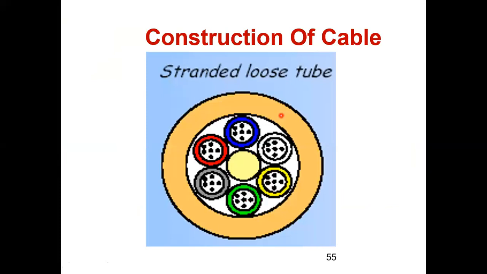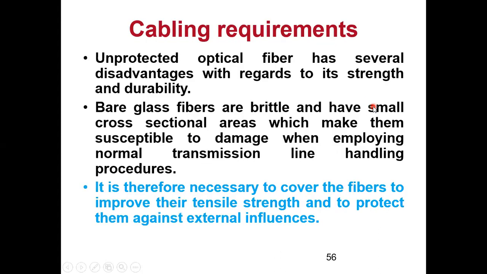Okay, now I have manufactured the fiber. I have just applied an elastic coating and I have taken it up on the drum. Now I need to protect the fiber, so I need to cable the fiber. So that cabling is also of different types. So let us see. This can be asked as a short note, fiber cabling or fiber protection. Then you can write many things under this particular topic.